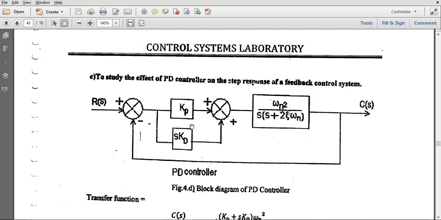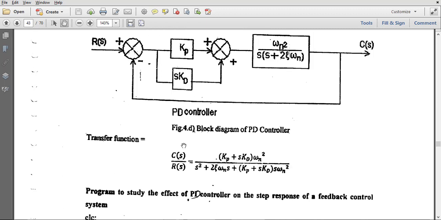As we know, multiplying by S is differentiation in the time domain. So these are two controllers placed in front of this open loop transfer function, and now we are going to see the effect of using these two constants.